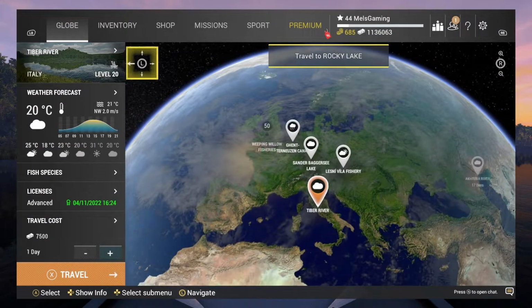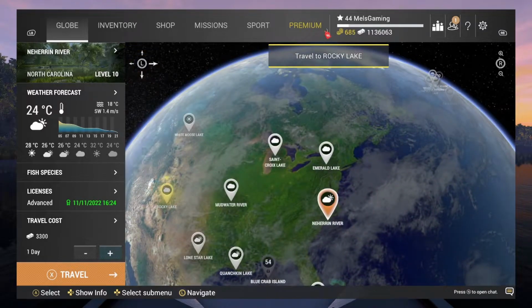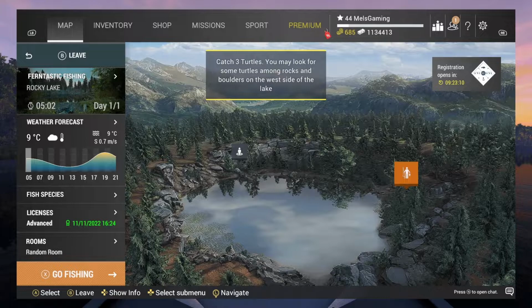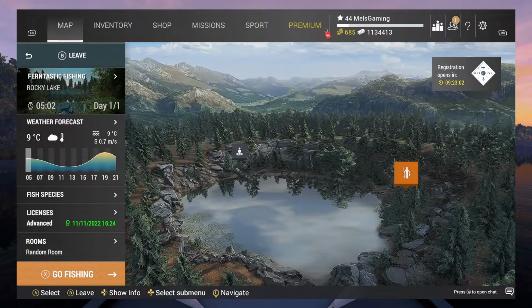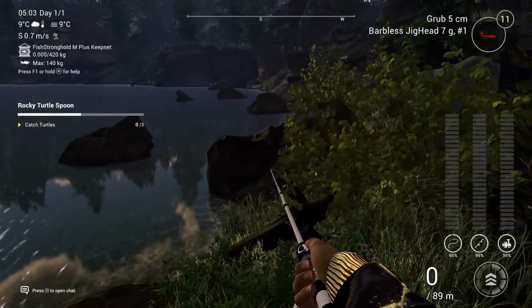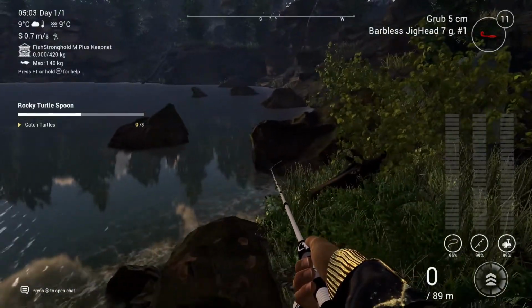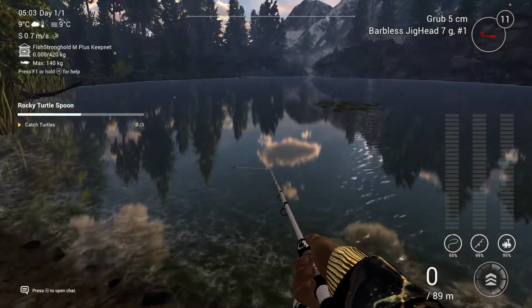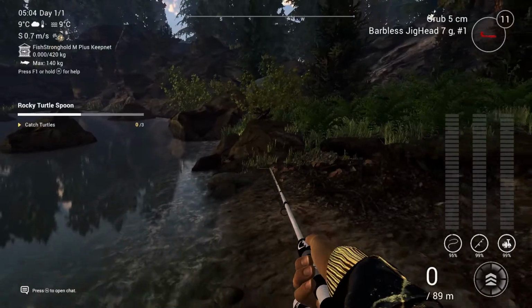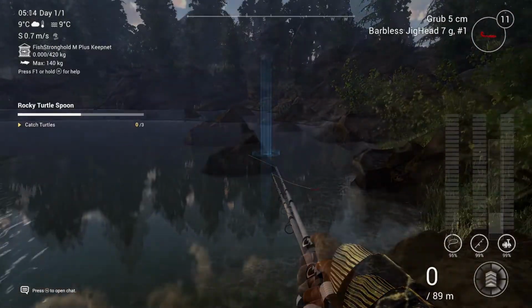Now this is really cool. I didn't expect T-Rex trout to be the next monster fish I'd be going after, so really interesting. And you can see when I loaded into the map, it comes up saying catch 3 turtles. You may look for some turtles among rocks and boulders on the west side of the lake. Now it's really easy to find where this location is. It's a very tiny little lake, and it's really obvious there's just boulders sticking out in this one corner, and this is exactly where I'm going to catch 3 turtles in order to be able to complete the first part